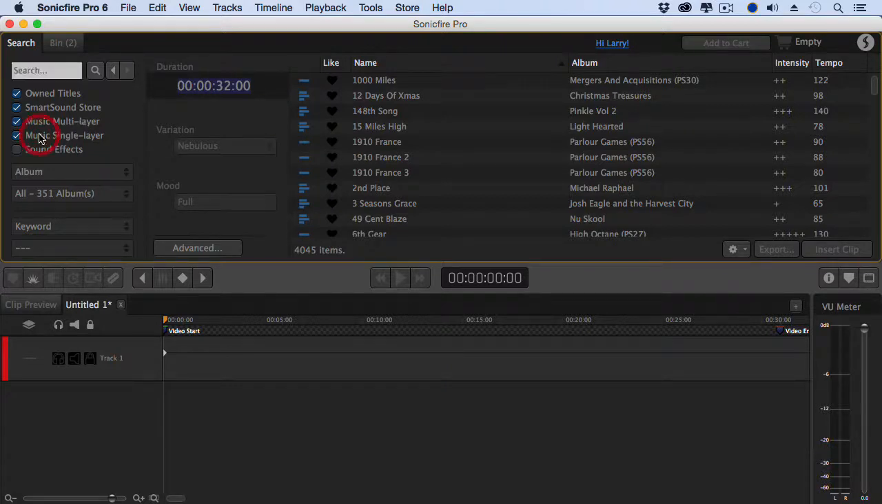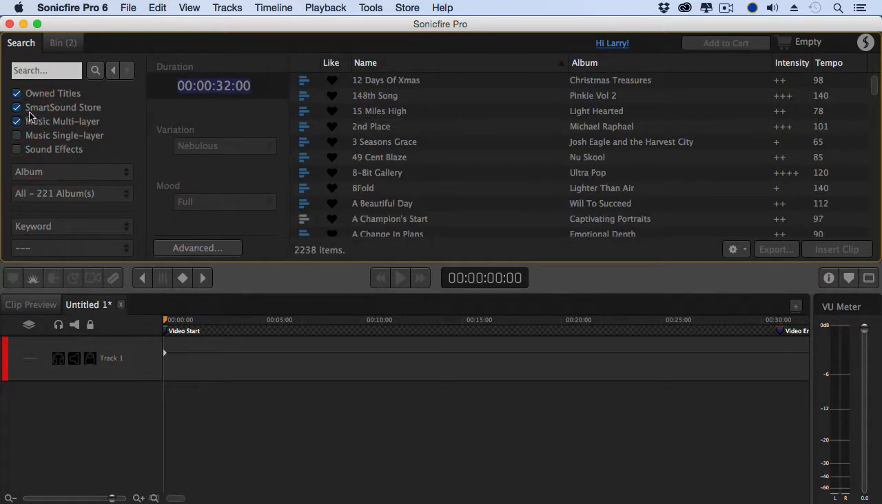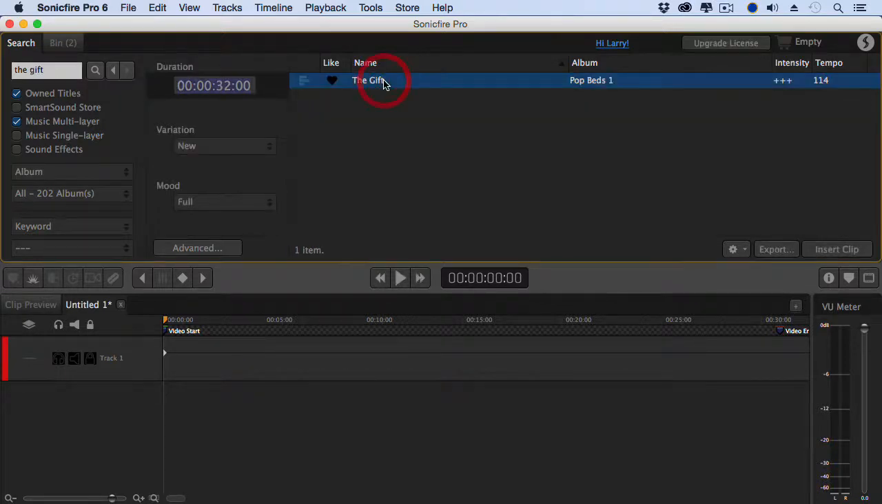So let's just turn off our single layer stereo clips, and let's turn off the store just for right now, and let's look at our multi-layer clips. Let's search for one called The Gift. If we play it,